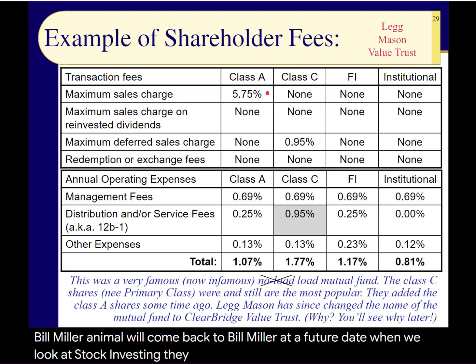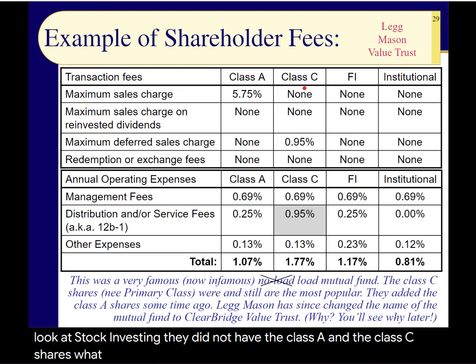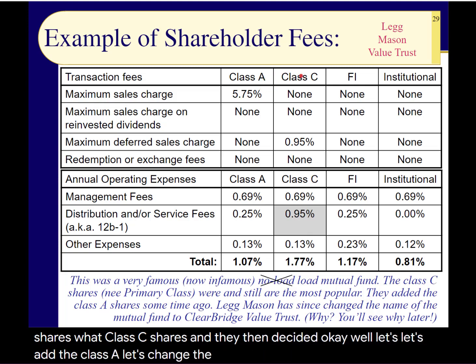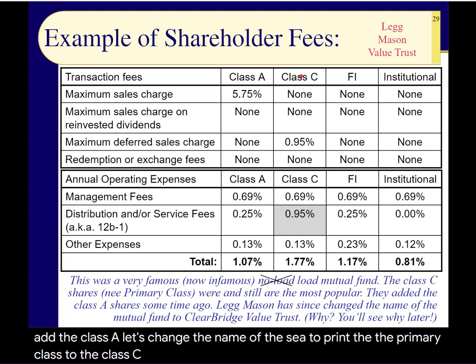They did not have the Class A and the Class C shares. What they had, they called their primary shares, the Class C shares. And they then decided, okay, well, let's add the Class A. Let's change the name of the primary class to the Class C. They never issued Class B shares. So again, like the previous